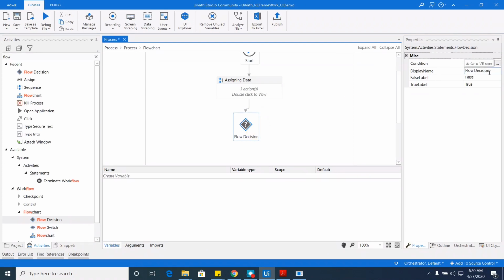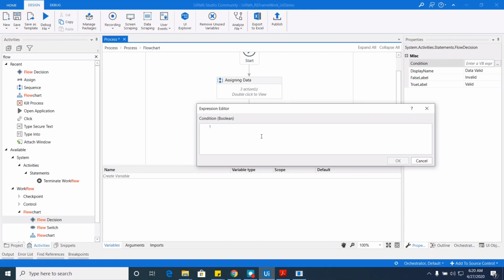Oh, I can fix that. Now let's change the display name to data valid. So if it's true, it's valid. If it's not, it's invalid. Okay, so let's put a condition in here. Again, we'll be using the Double.TryParse method. So it's like this, Double.TryParse,